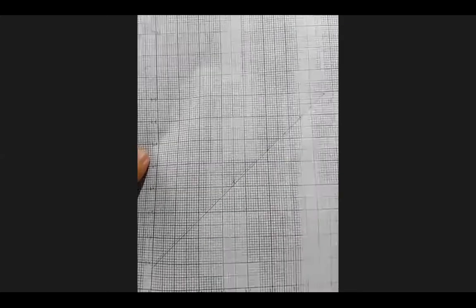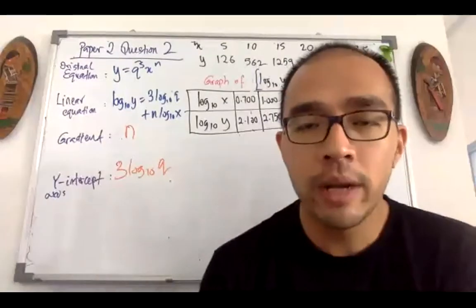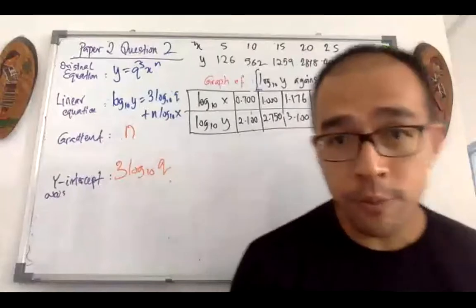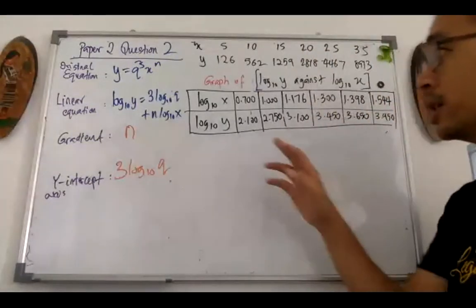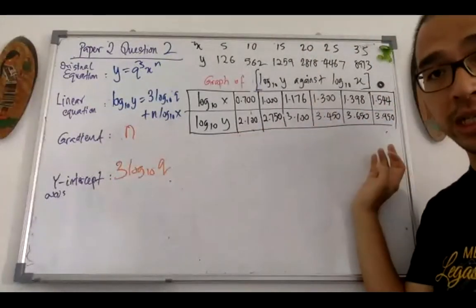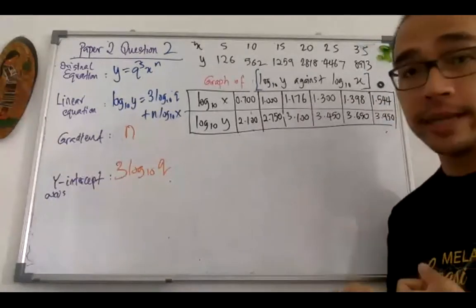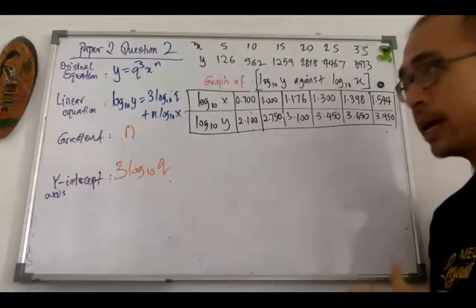Okay, so whenever you come to a situation where there is a point that doesn't fit, it's always a good practice. Okay, it's always a good practice. You just double check your calculation. Sometimes it can be the calculation is wrong. Okay, maybe you made a mistake in the calculation, or sometimes that's just the